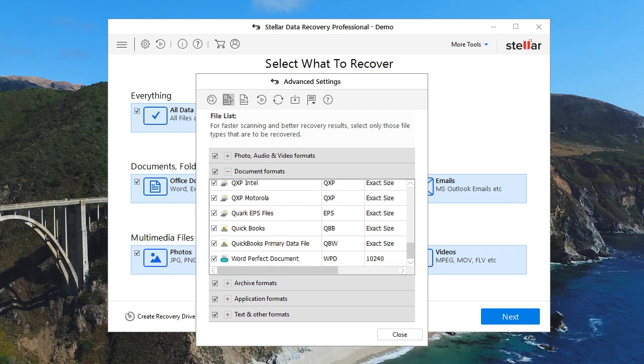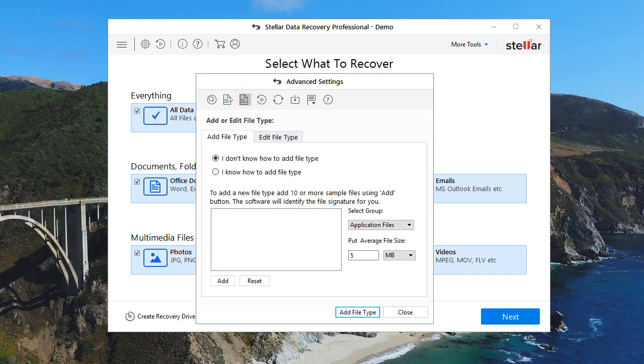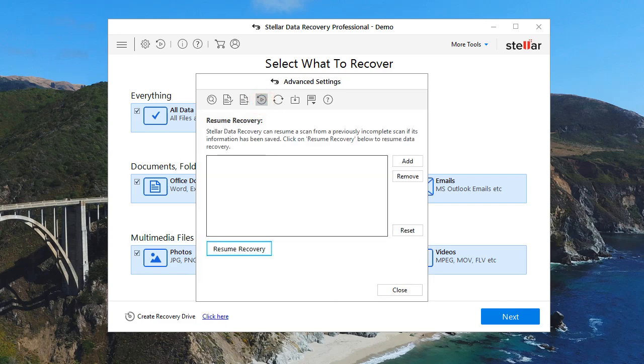So let's say something on here is like a QuickBooks file. Why do we need to scan for that? I don't know, but here's where it gets kind of cool. Maybe you're only specifically searching for QuickBooks files because you did your taxes recently and lost it. Well, maybe this is the best way to go ahead and mess with that. Another thing you can go and do is add or edit entire file types. So if there's something specific that's not really on here, well, you can go ahead and add that directly into here as well. You can also go and resume a scan that you previously started but never got the chance